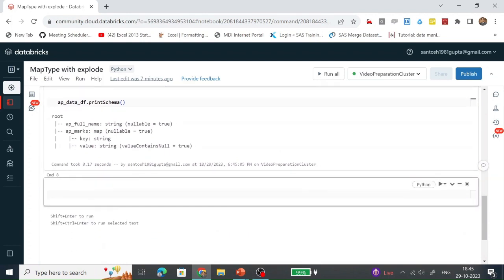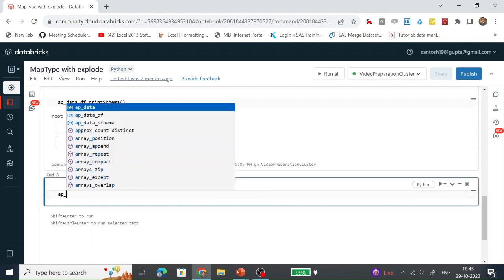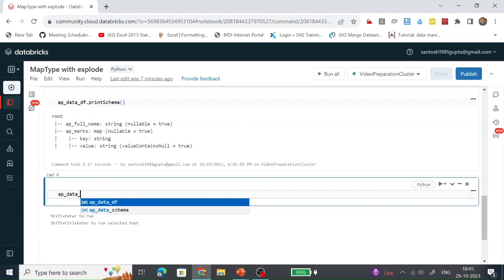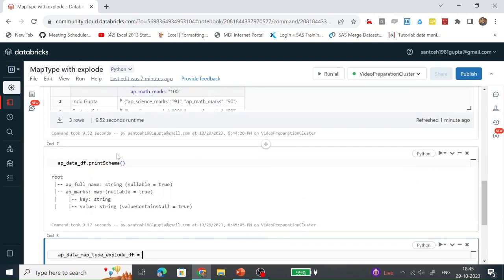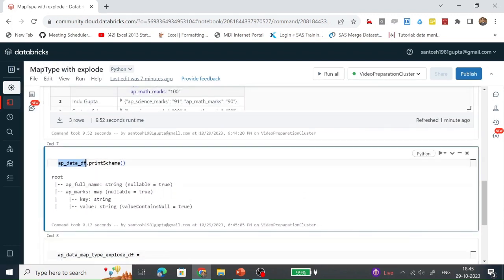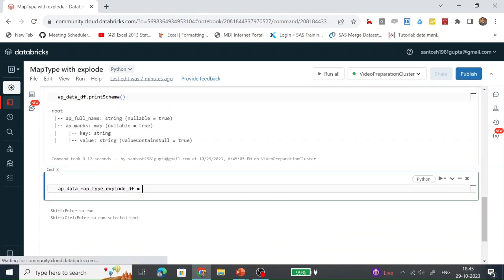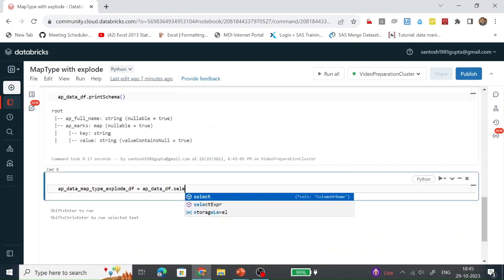Now let's see how the explode function generally works with a map type column. We are going to use this data frame dot select.